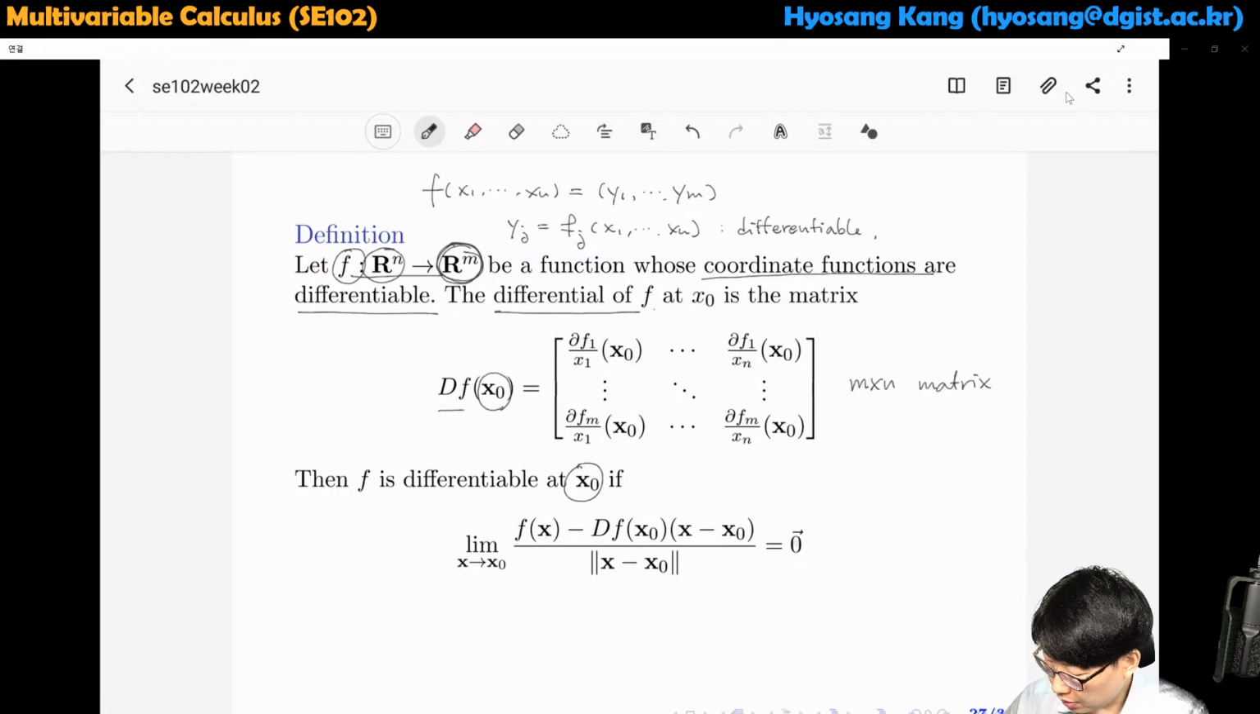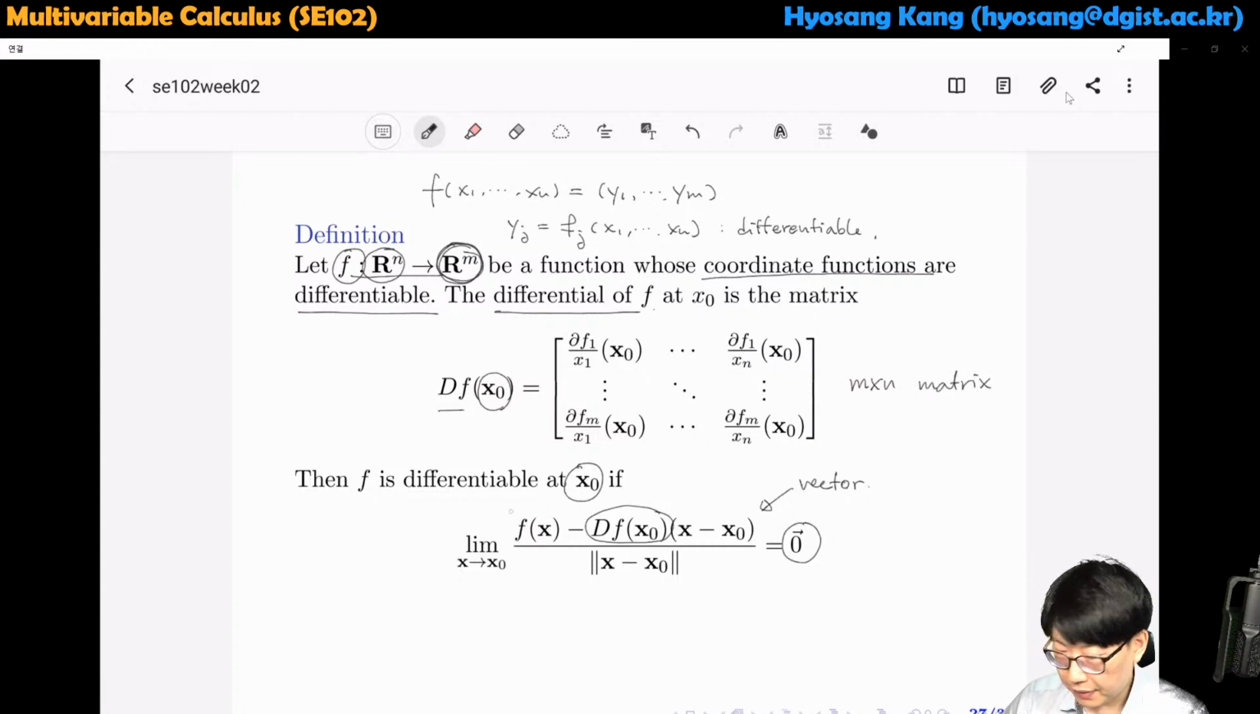goes to 0. So the only difference here is that we switched our gradient to the differential, which is the matrix, and we also switched our right hand side to be not just the number 0, but the 0 vector. Okay, the reason why we took the 0 vector is that this numerator part is a vector,